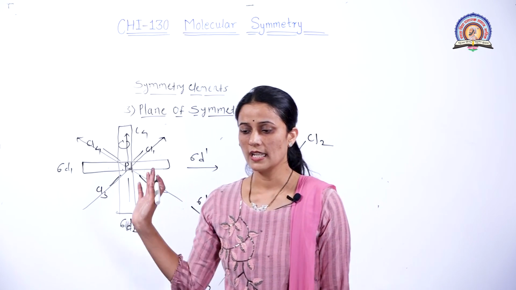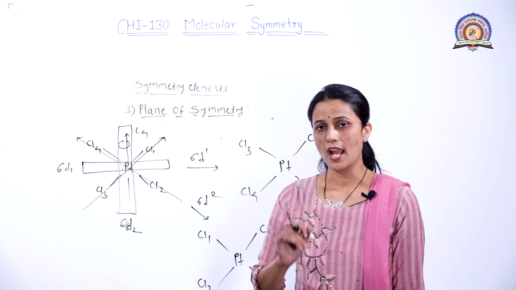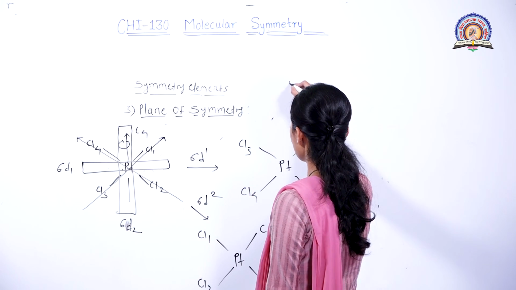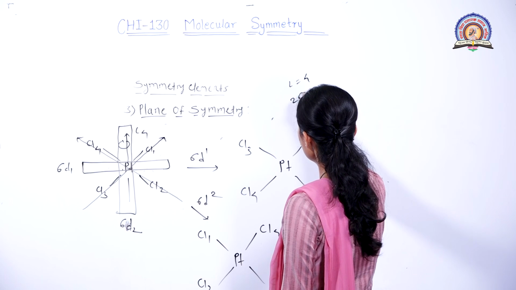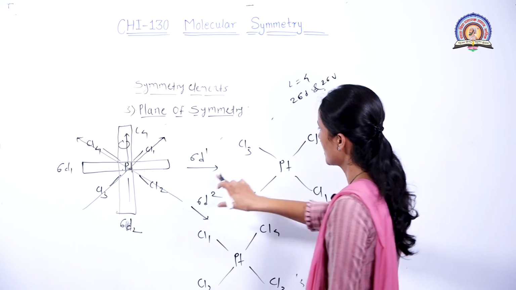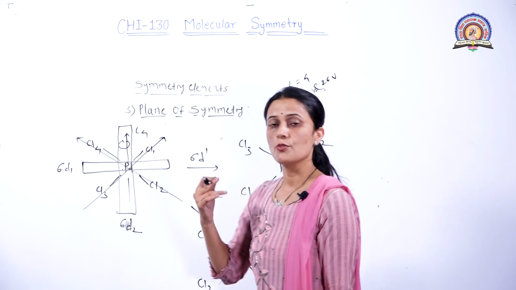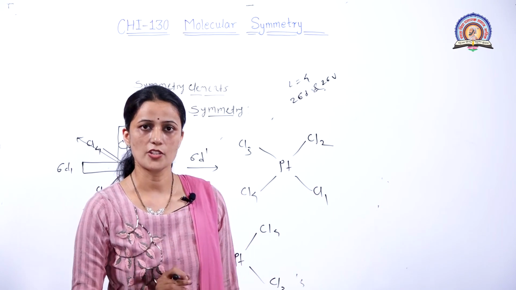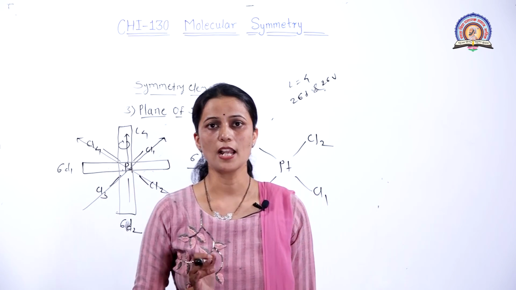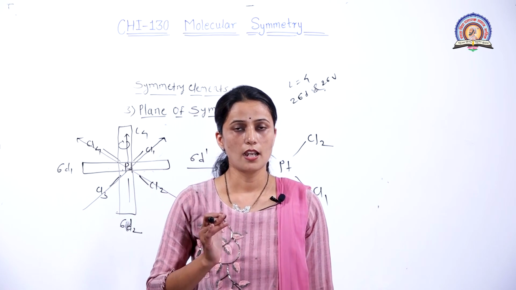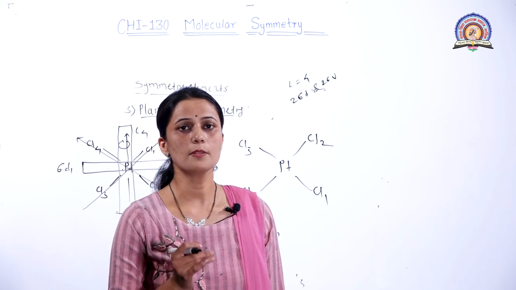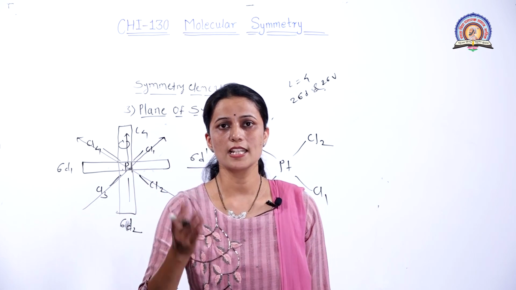In the trick we have already seen that when the number of ligands is even, for example 4 ligands, 2 sigma D and 2 sigma V are present. Okay, so here 2 sigma D are present, 2 sigma V are present and sigma H is present. And these are the details about sigma V, sigma D and sigma H. Okay students, the remaining two symmetry elements, that is the center of inversion and the improper axis of rotation, we'll see in the next lecture.